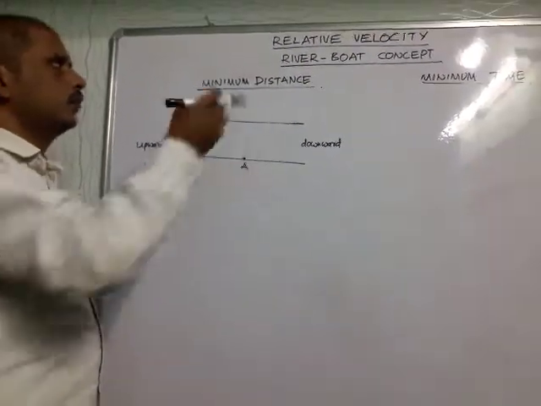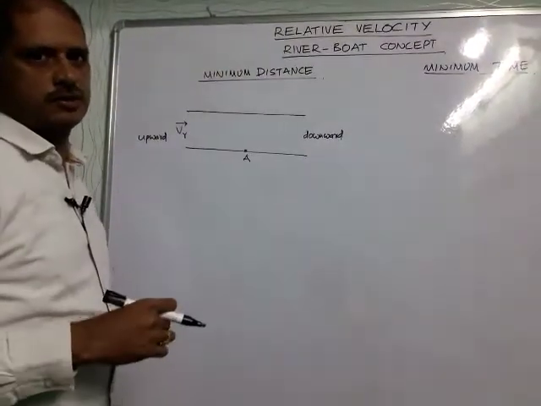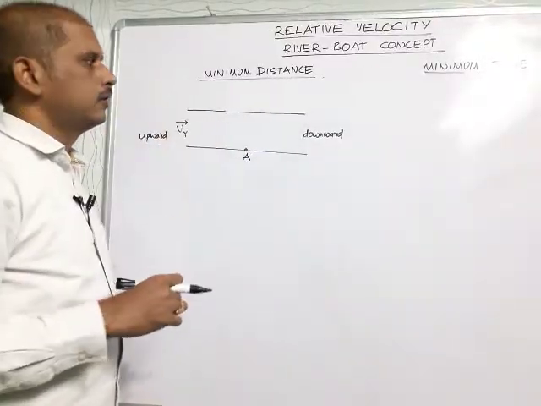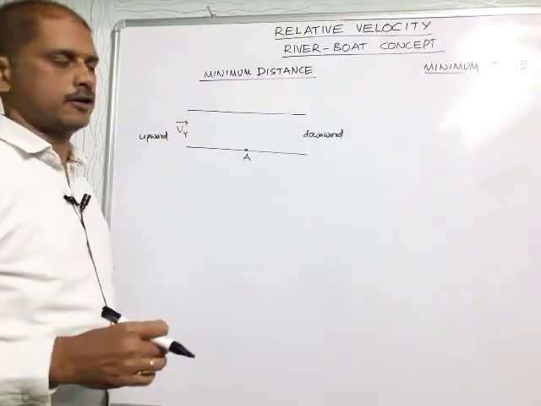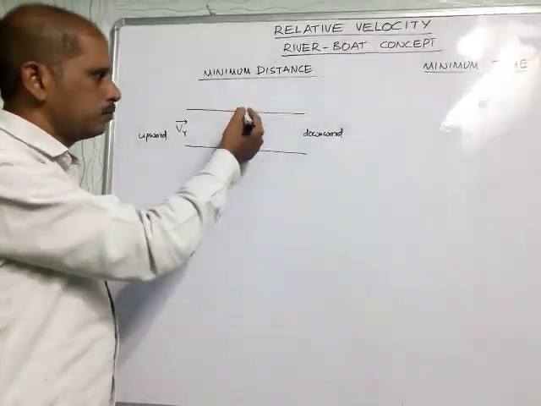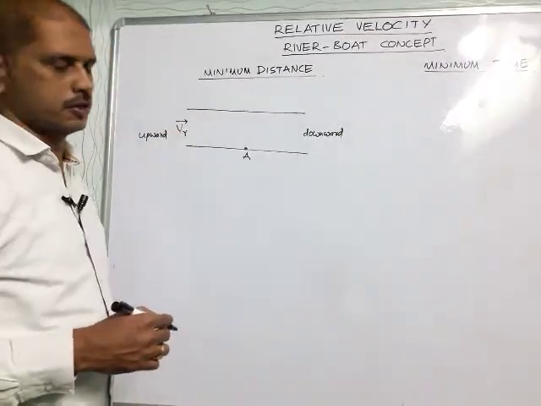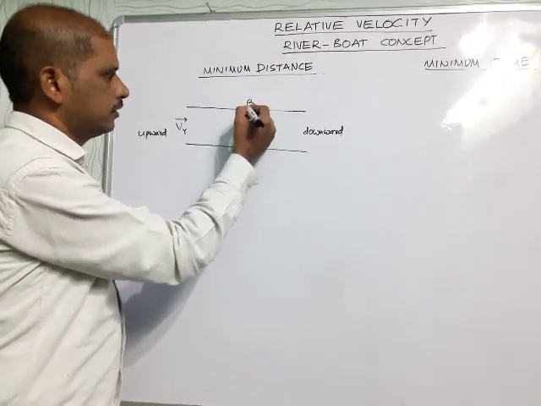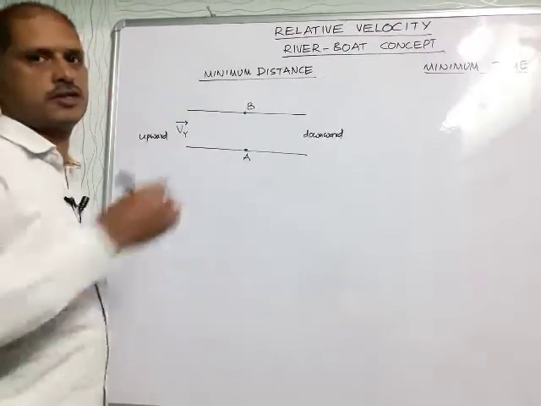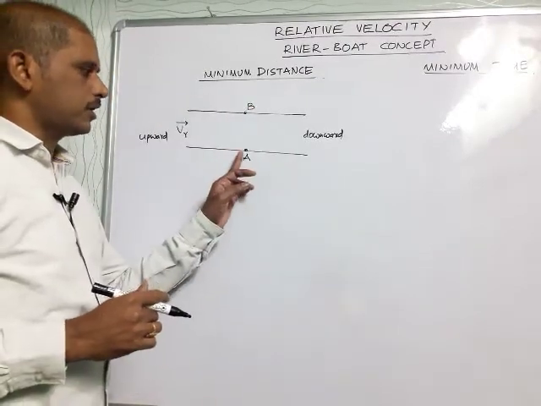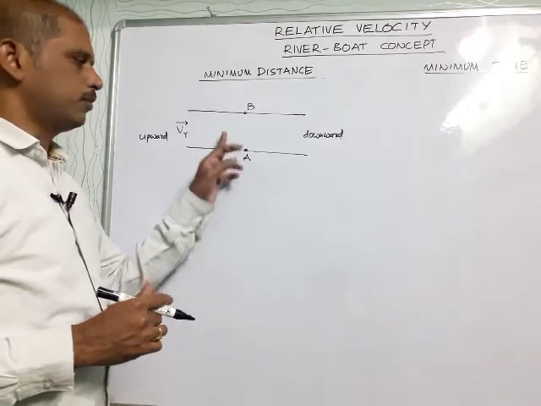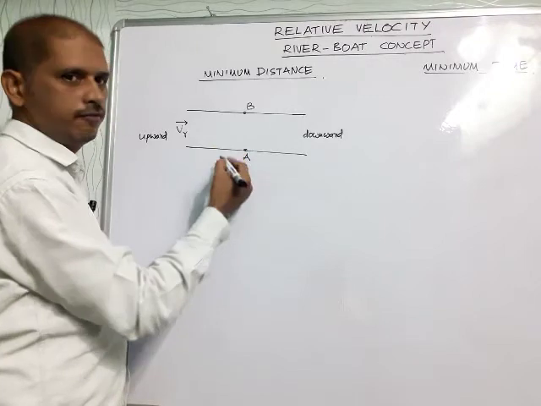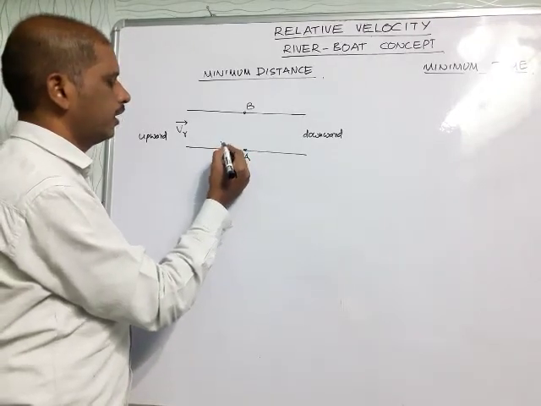Here to get the minimum distance, means from this bank to the other bank, we have to consider the perpendicular distance. Perpendicular distance is the minimum distance or the shortest distance. So here to here, exactly opposite point, this is the perpendicular distance or shortest distance. Here a person is starting by swimming, so he has some velocity. Let it be Vm. Vm is the velocity of the person.